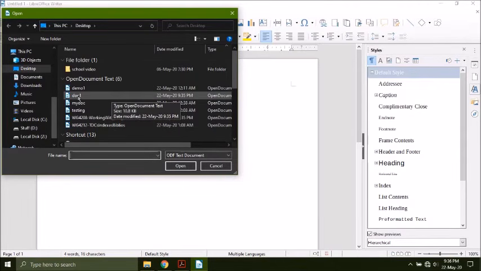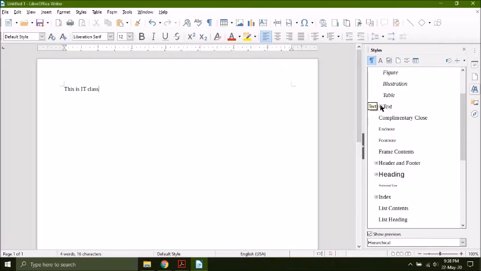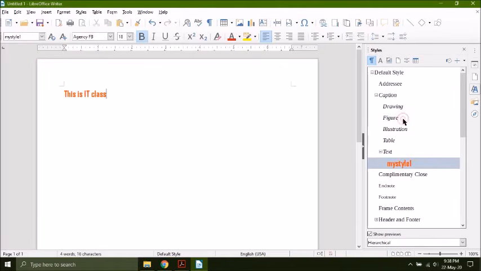So we have saved the document as doc1. So we will click on doc1, then we'll click on open. When you click on open, it will be loaded. So you will see that my style is over here. It is loaded now, and then you will double click on this style. As soon as you double click, the style is loaded. So this is loading a style from one document into another.